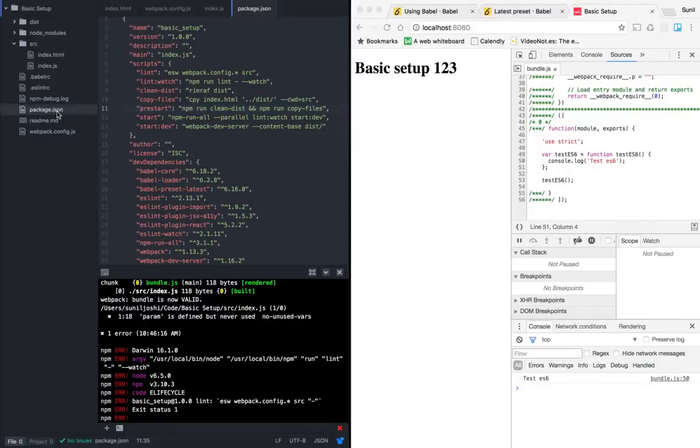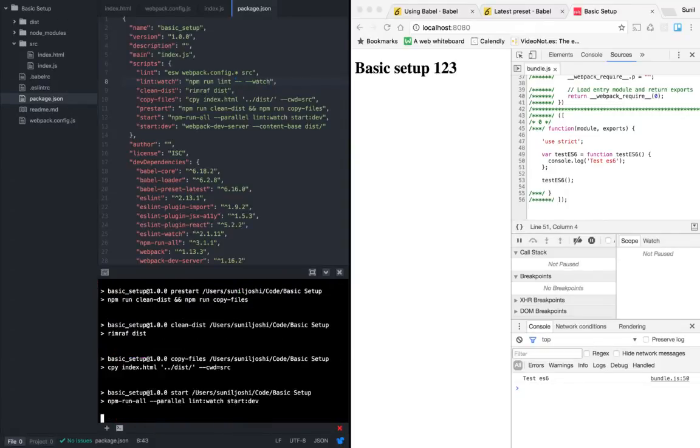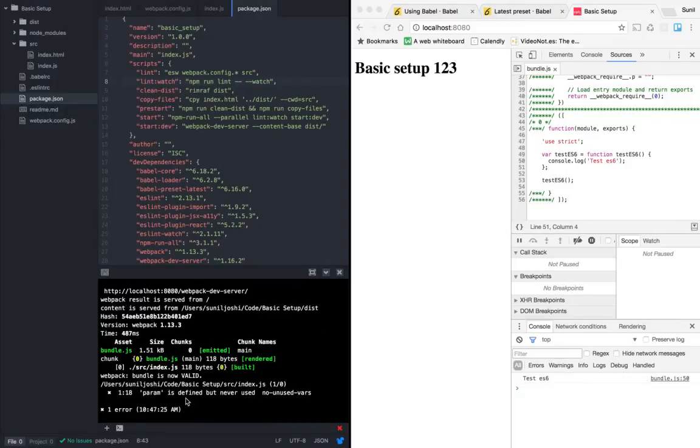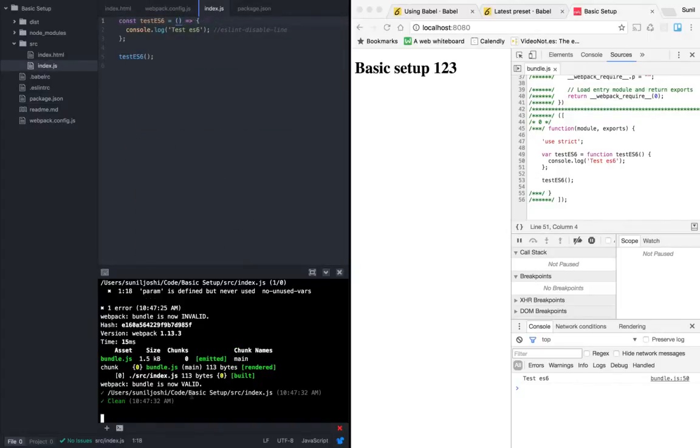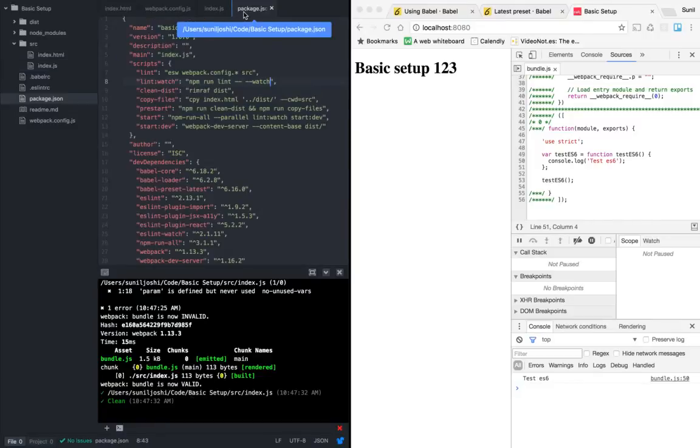Fine. Yes, it's watching me now, right? So if I take this parameter out, it's watching me and now it is saying clean. Cool.